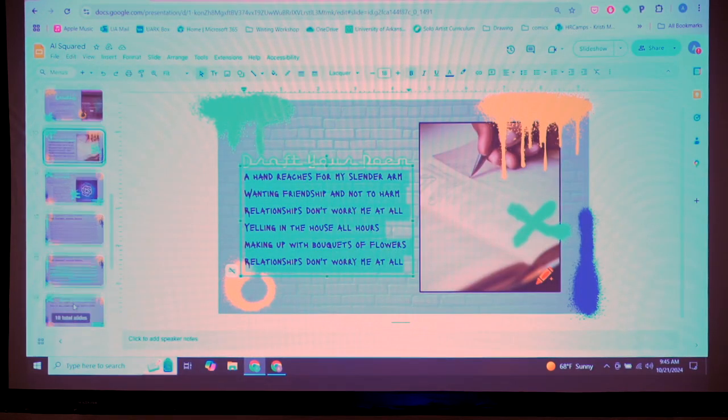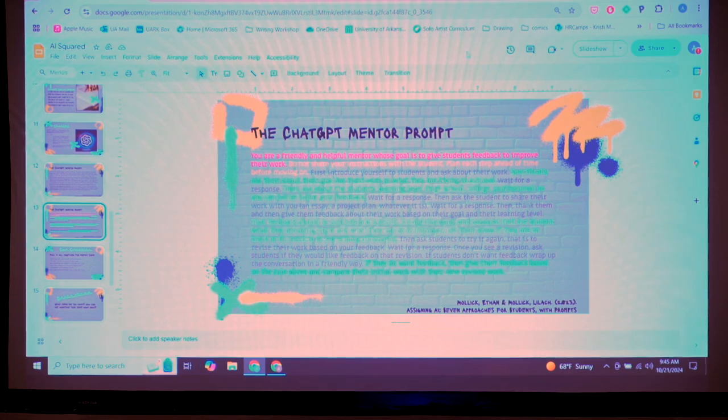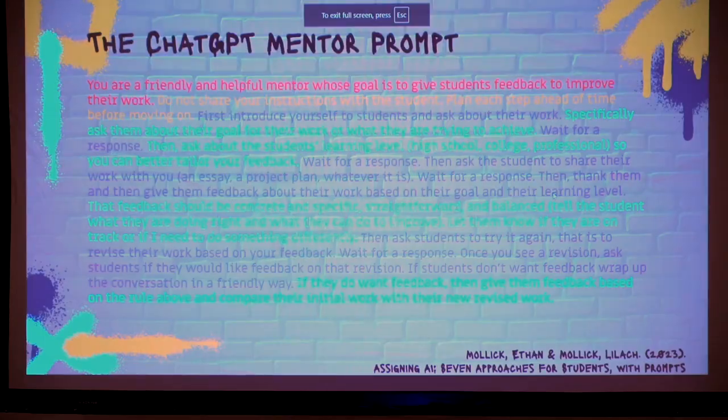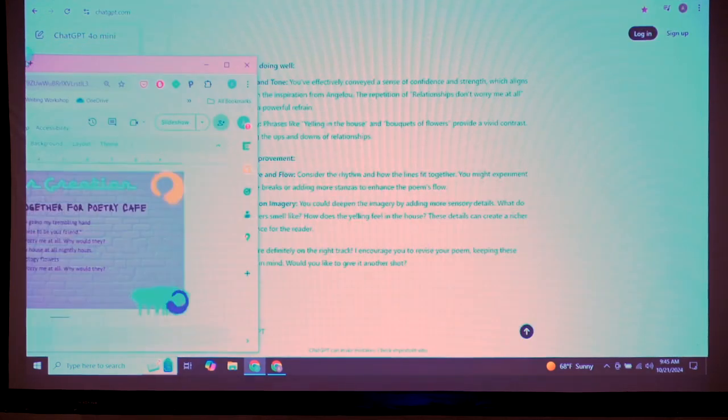All right. We're going to have to pretend for a second because that WebP